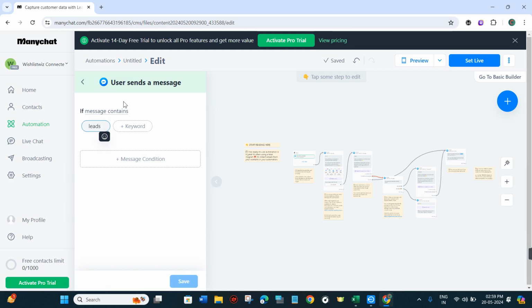Now once you do this, it will show you this section that says if message contains. In this section you need to provide the trigger keyword. Whenever someone types that keyword in the messages, this automation will be triggered and they are going to get the answer that you want to give them. So in this section you just have to type that keyword. Let's say I want to type leads,